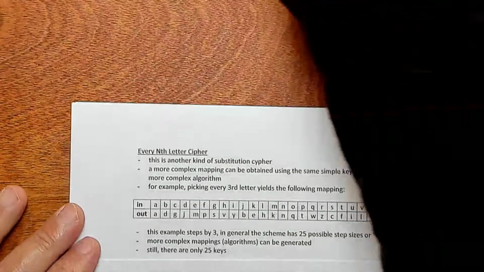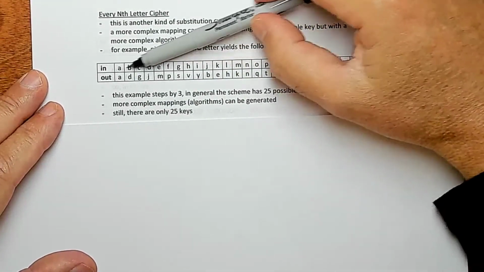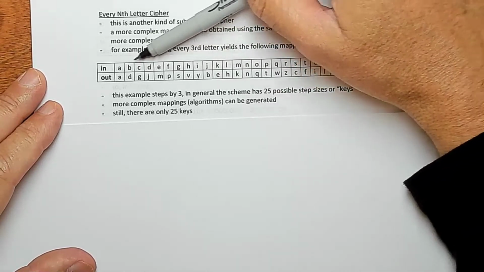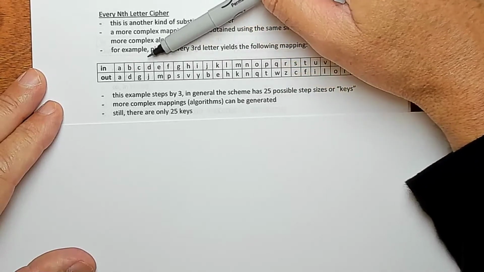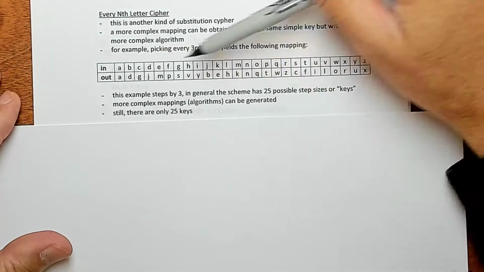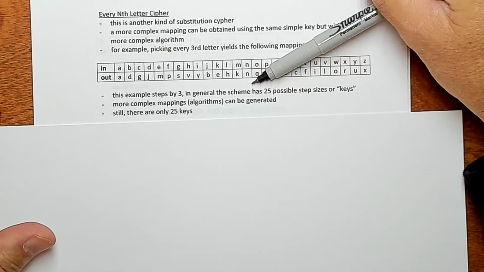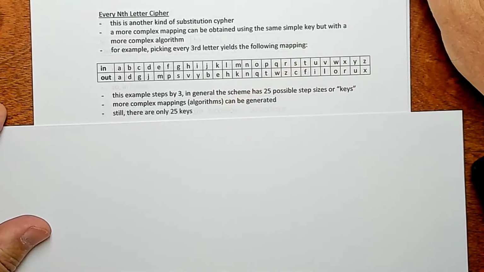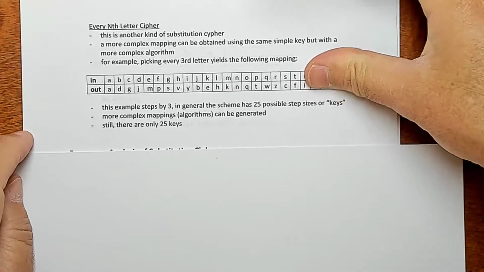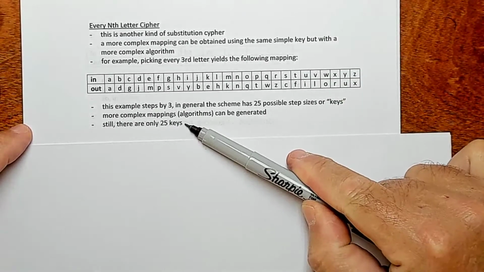Okay, and there are other algorithms that you could imagine that are more complicated. You could pick 2 letters and then 1 letter and then 3 letters and 1 letter, or whatever. You could generate some other fancy way to pick these, but in the end, you end up with just a 1-to-1 mapping with a key space of 25. All right. So because of that, all of these substitution ciphers are vulnerable to not only guessing